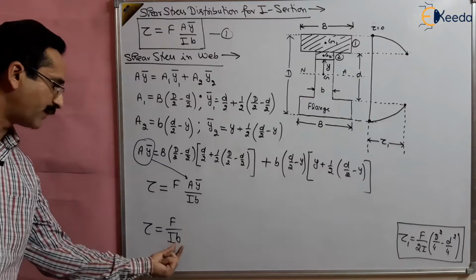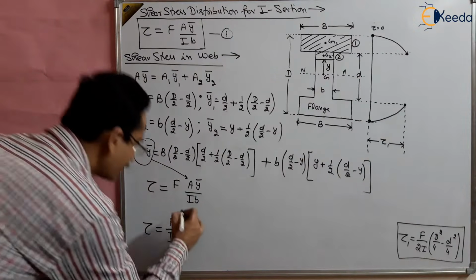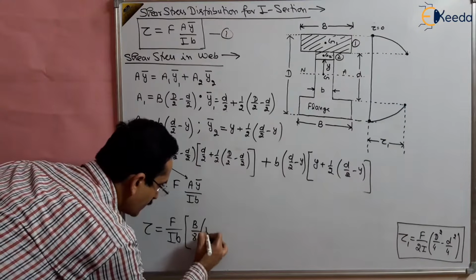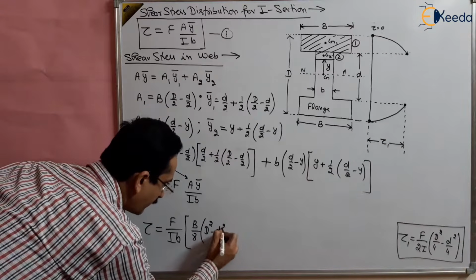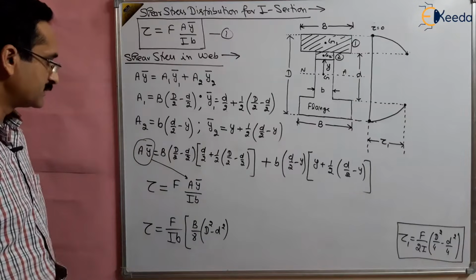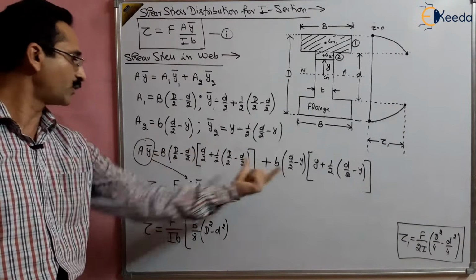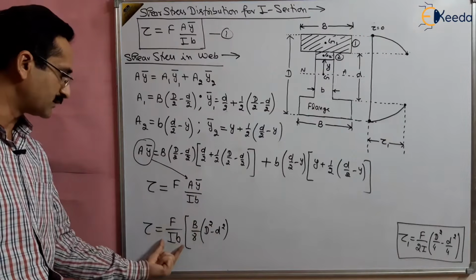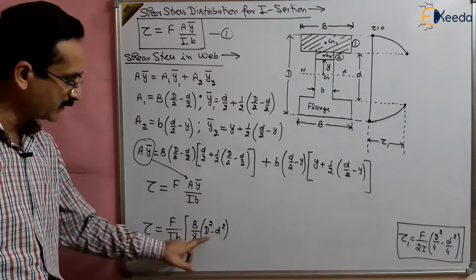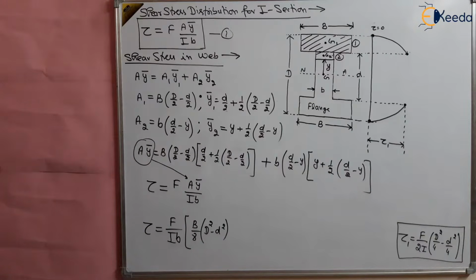B is the width of the web, F by IB, B by 8, d square minus d square. After solving, I am writing the direct value. When you solve it, you will get this value, right? Shear stress AY bar value, when you solve it, IB is in the denominator and F is in the numerator, right? B by 8 d square minus d square plus B by 2